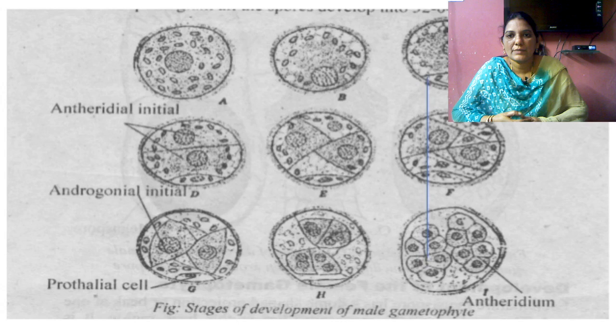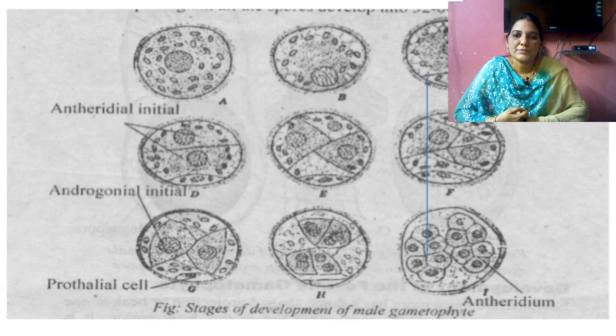One single microspore divides into 2 cells, that is upper cell and lower cell. The upper cell is called antheridial initial cell, and the lower cell is called basal cell. The antheridial cell divides many times and forms 16 cells, and the basal cell